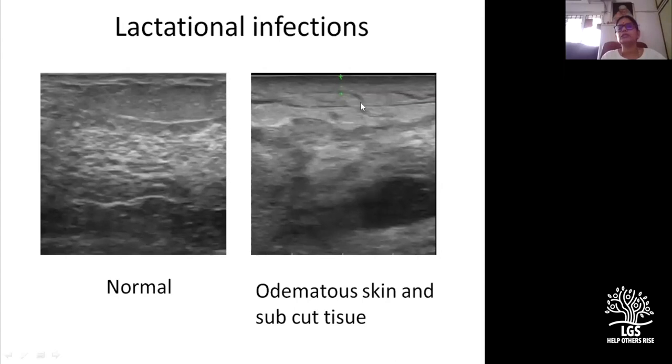And then you also see that there are the lymphatic channels under the subcutaneous tissue. They're all slightly prominent, and you see they're all inflamed, and this subcutaneous fat is also more echogenic here when compared to this side. So this is how a mastitis looks without an abscess cavity. There's not much difference between the breast tissue here and the fat, because it's all filled